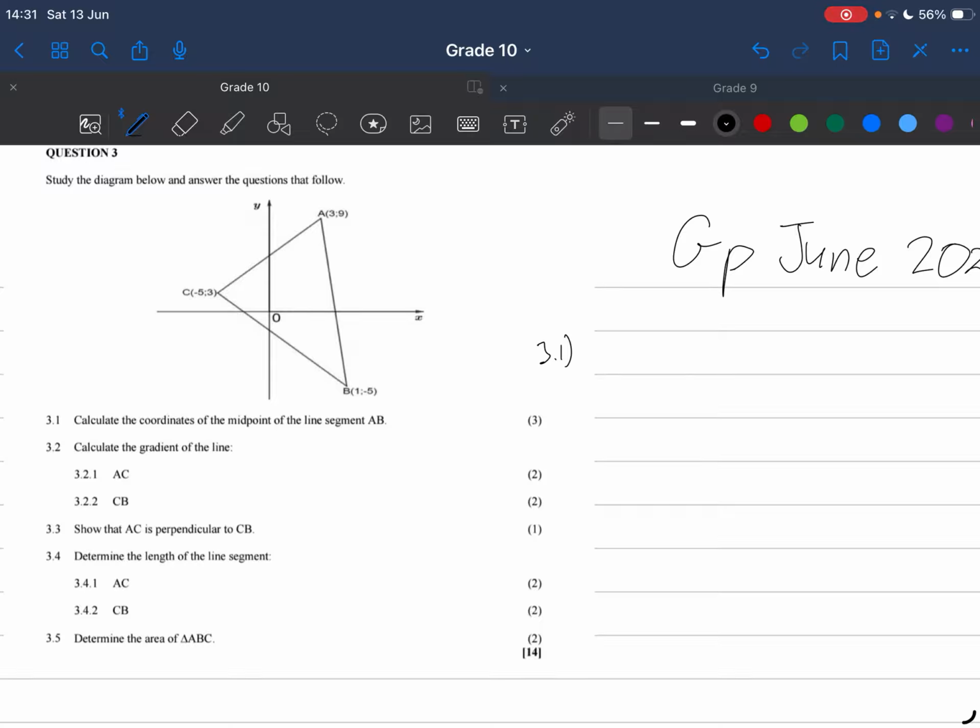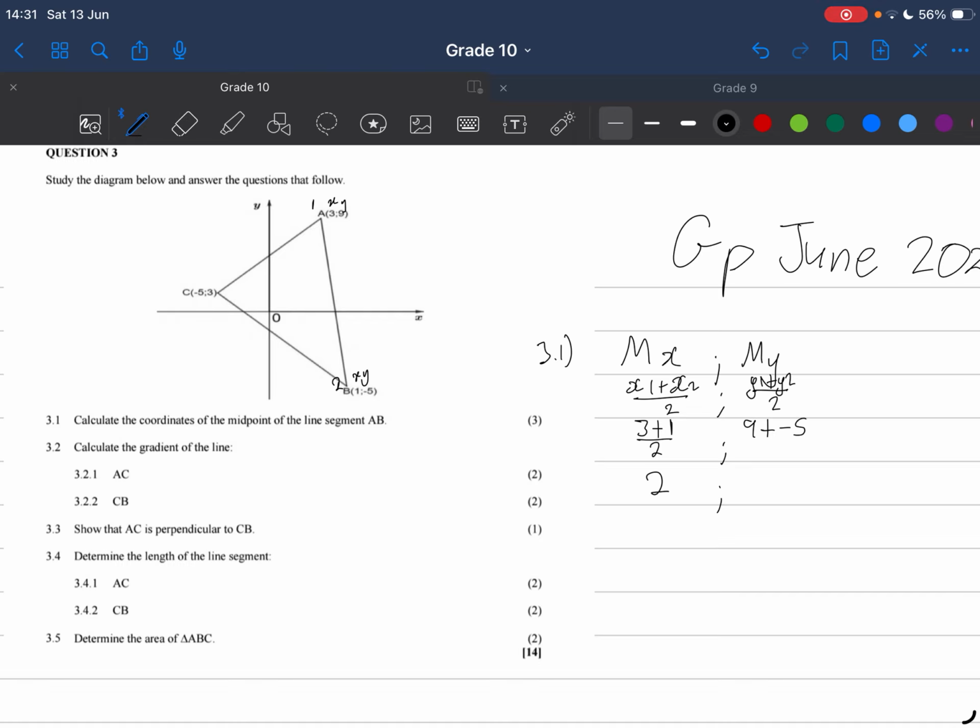The coordinates of a midpoint are given as Mx and My. Mx is x1 plus x2 over 2, while My is y1 plus y2 over 2. This is coordinate 1, coordinate 2. This is my x and y, x and y. So x1 is going to be 3 plus x2, which is 1, over 2. That gives me 2. For y, my y1 is going to be 9 plus my y2 coordinate is going to